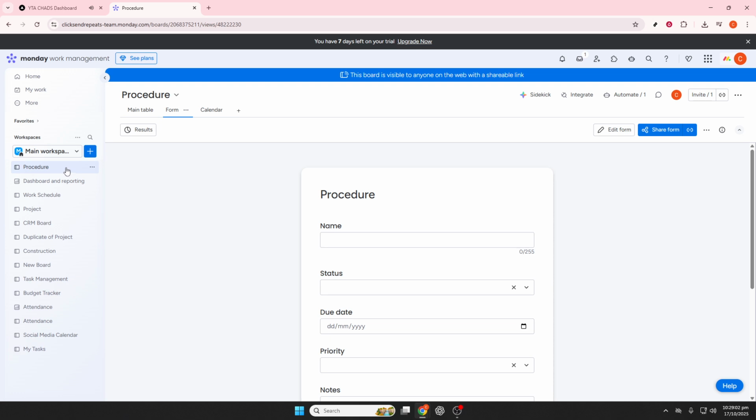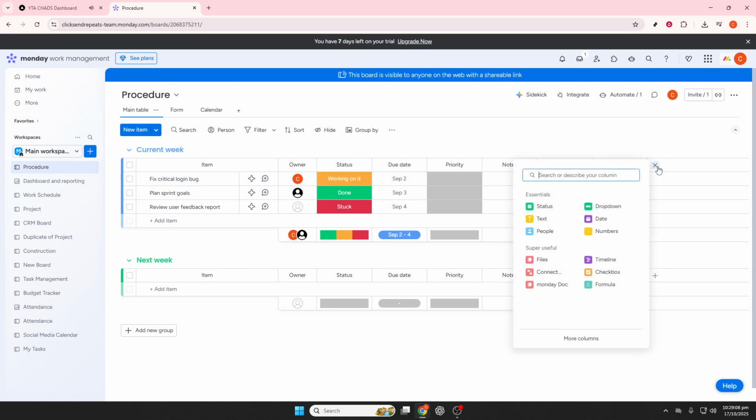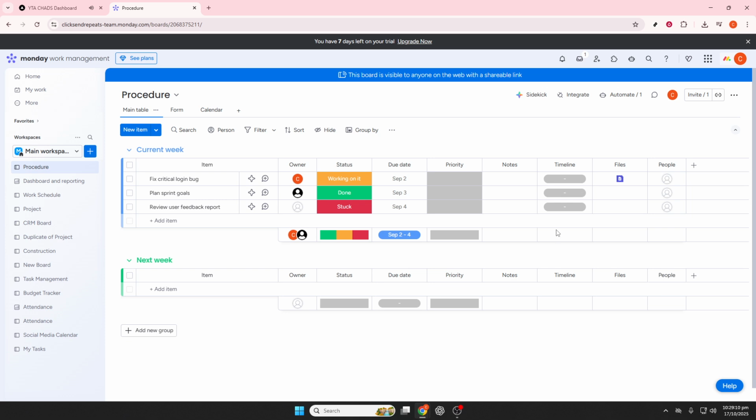Now, if you don't already have one, let's add a people column. Head over to the far right side of your board and click on Add Column. From the list that appears, select People. You can customize this column by renaming it to something that suits your project, such as Assignee, Project Owner, or Team Responsible. The People column is essential because it lets you assign specific team members to various tasks or items